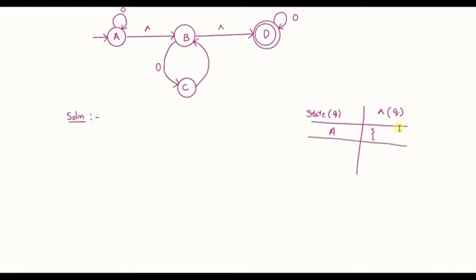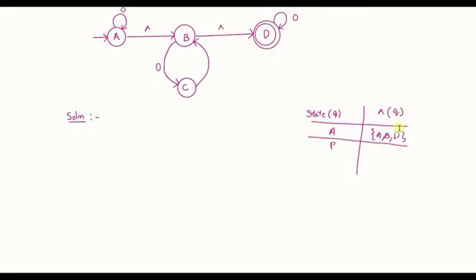Now to find out E-closure of a state, first of all that state itself is added to the E-closure list, as I have already mentioned. Now, what are the other states that can be reached from A? From A, on reading null, you can go to B. So B is added. From state B, on reading null, you can go to D. So D is also added. However, from D, on reading null, apart from itself, you cannot go to any other states. So as a result, E-closure of A will give you A, B, D.